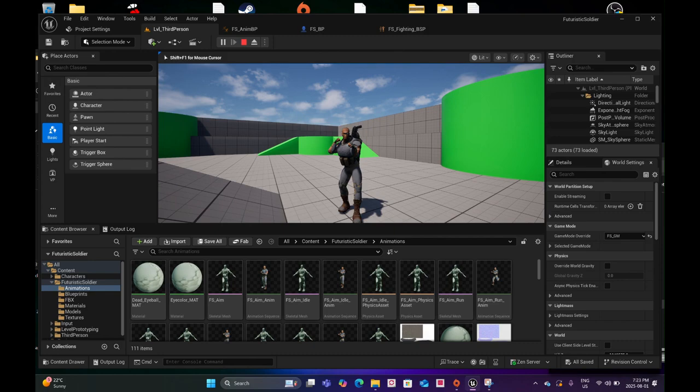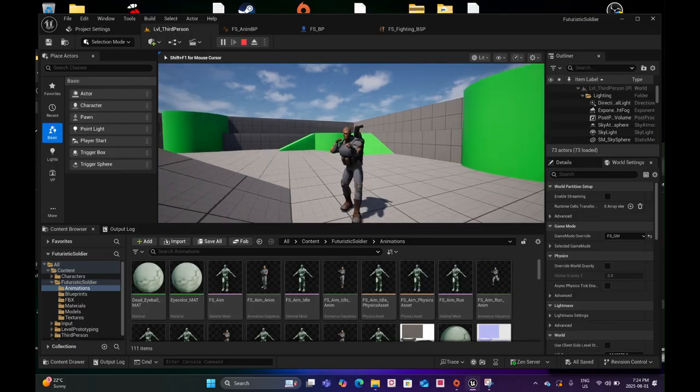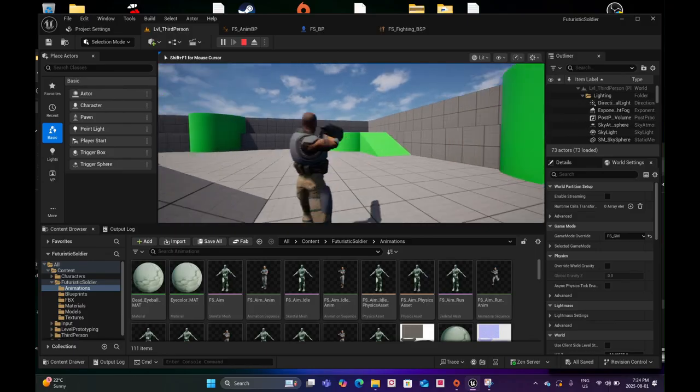And if I press the middle mouse button again, even though he's facing the camera, he should immediately flip around because he's conforming to the rotation of the camera, the spring arm, or the mouse rotation, whichever you want to look at it as. So if I press it again,